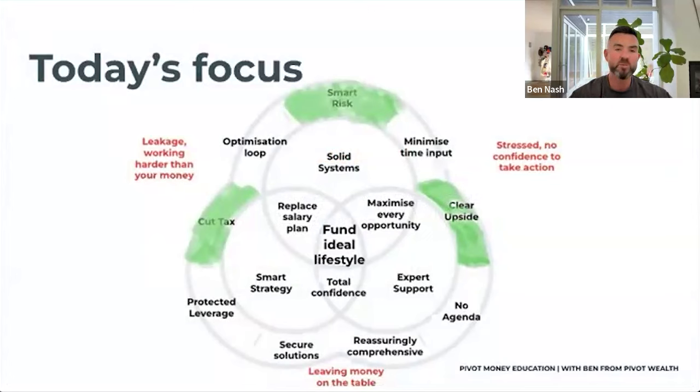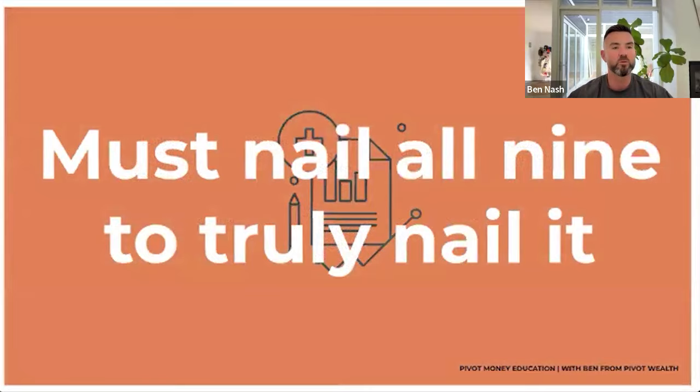But a big part of the reason why I've just spent a bit of time going through this model and how it works is I wanted to make sure that before we got into this, you guys are aware that this is really a trust, and your tax minimization is just one part of a broader plan. If you want to really fund your ideal lifestyle, if you want to truly nail it with your money, there are other elements that you're going to need to get right. And obviously, in 60 minutes today, we don't have time to cover all of these different areas in detail. But you now have that model in place, and so you can see already where the focus areas are for you. And if you want to really nail it, you want to nail all nine.